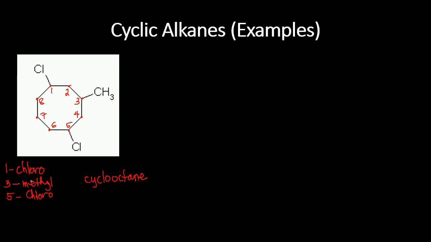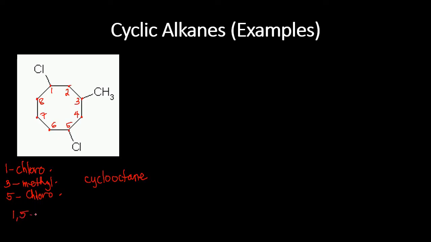Correct ang mga numbers. We alphabetize them. So, meron tayong 1 chloro, then 5 chloro, and then 3 methyl. So, ito ang last. Ngayon, meron tayong dalawang chloro. We can use the prefix di for 2 to combine them. So, we have the final answer of 1, 5